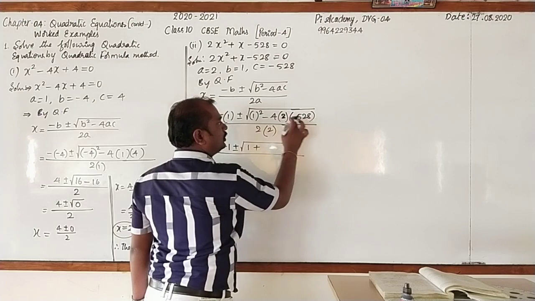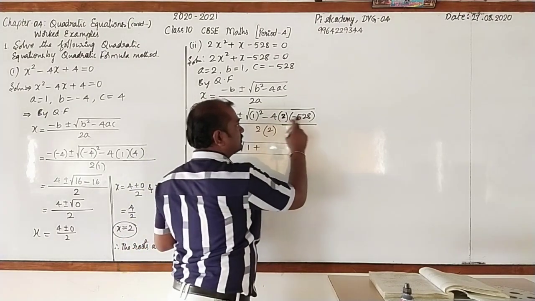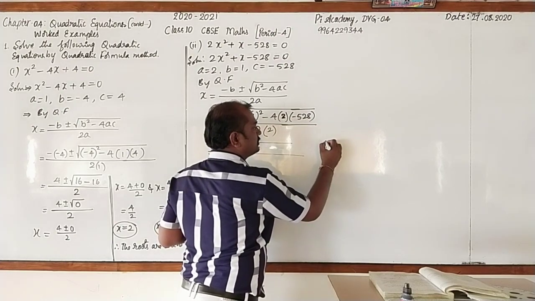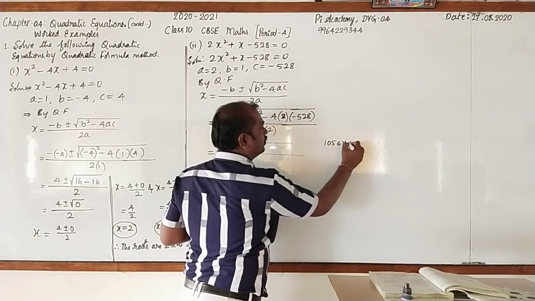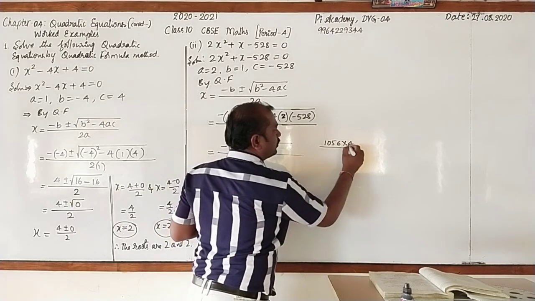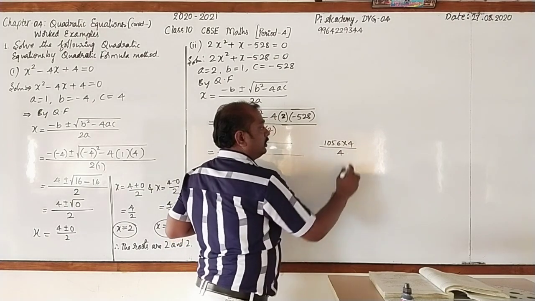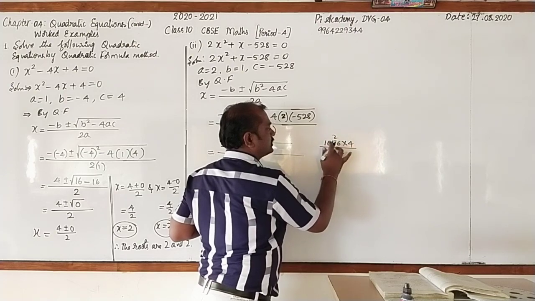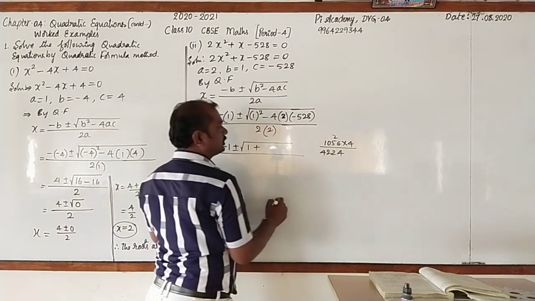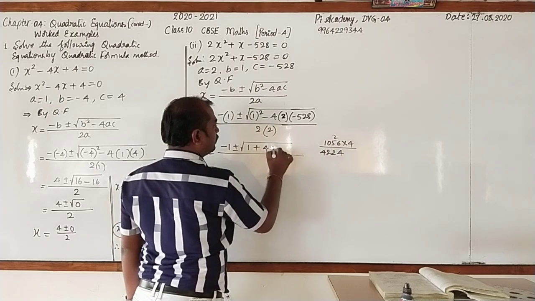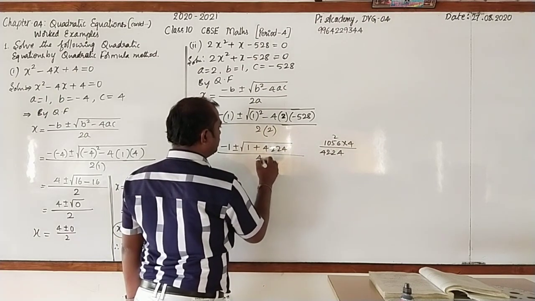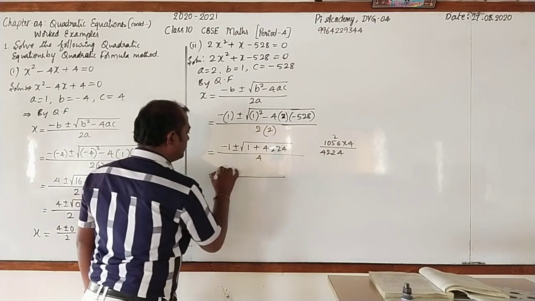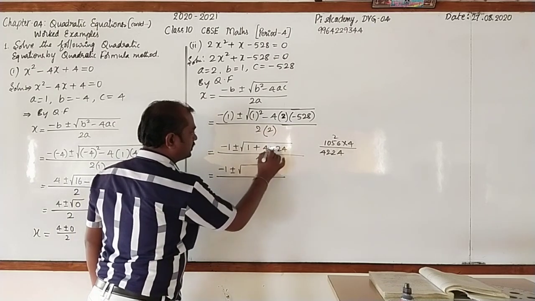Observe, 528 into 2, it is 1056. See that 500 times 2 is 1000, 28 times 2 is 56, so 1056. Into 4: 4 sixes are 24, 2, 4 fives are 20, 22, 2, 4 zeros are 0, 2, 4 ones are 4. So 4224. 4224 divided by 2, 2 twos are 4. This is equal to minus 1 plus or minus square root of